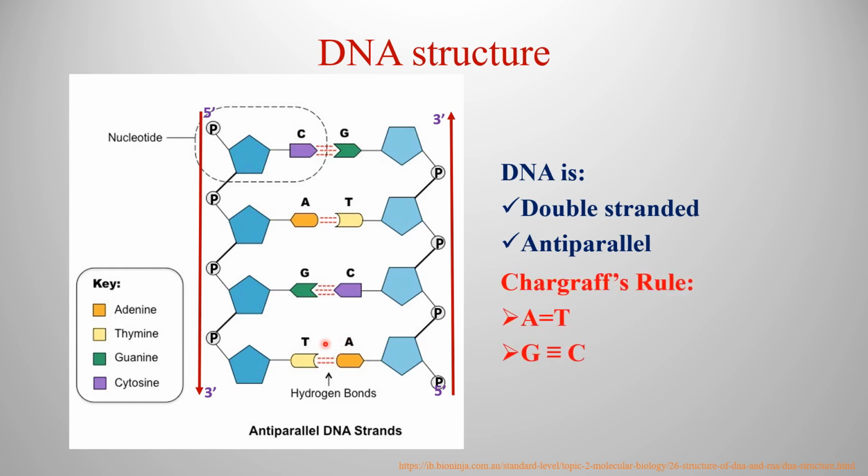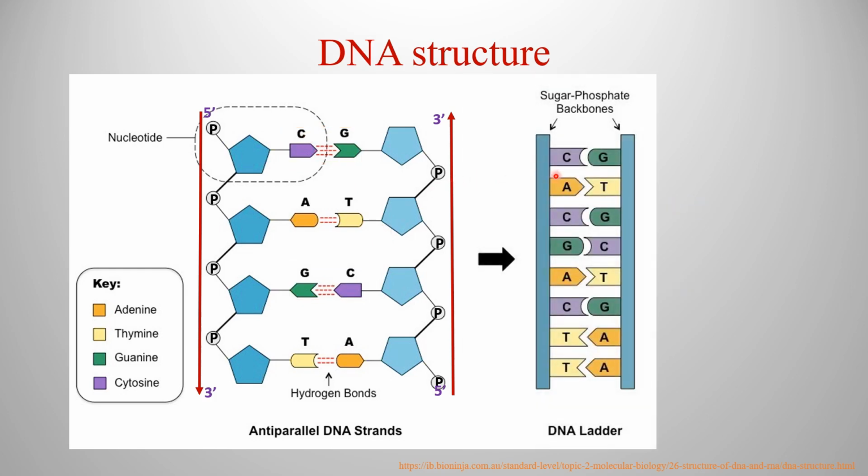And a scientist named Erwin Chargaff discovered that a nucleotide with adenine can only bind with a nucleotide with thymine and vice versa, with two hydrogen bonds formed, whereas a nucleotide with guanine can only bind with a nucleotide with cytosine with 3 hydrogen bonds formed, and this rule is named Chargaff's rule. So if you know the number of adenine nucleotides present in a DNA molecule, you can actually tell the number of thymine nucleotides. Similarly, if you know the number of cytosine nucleotides, you can also tell the number of guanine nucleotides in a DNA.